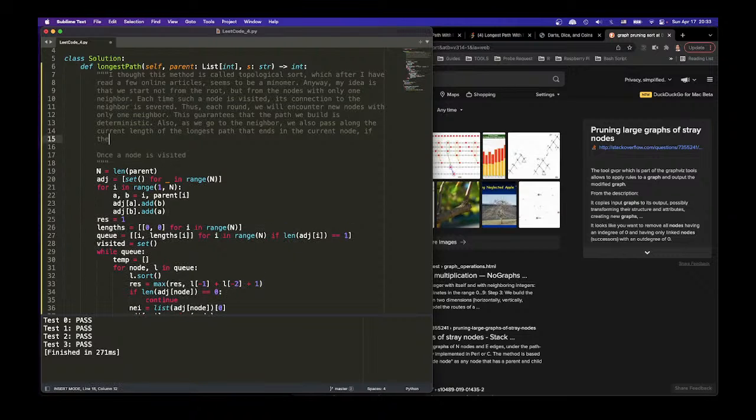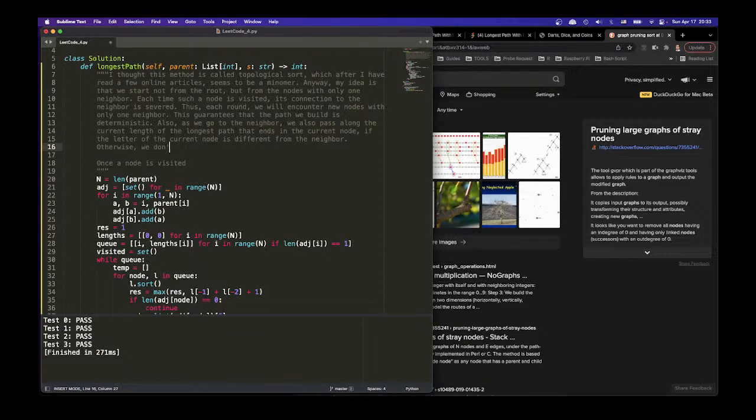If the letter of the current node is different from the neighbor, right? Otherwise, we don't pass anything, and the neighbor has to start afresh. Once a node is visited, we check for all the